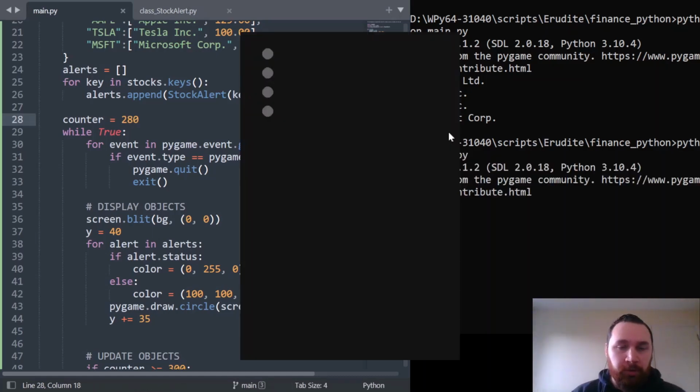And there you can see we've got our 4 grey circles because none of them have yet hit their target. Now I should check actually quickly in a moment, but I'll let it have the 20 seconds and the top one should go green because I believe Google is still below this price. And there we go, the top one has gone green because that target price has been reached, or we're below it at least, so that in this instance,